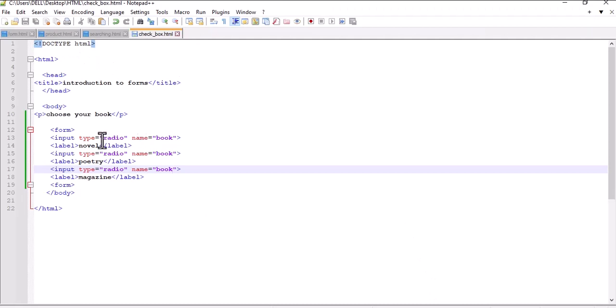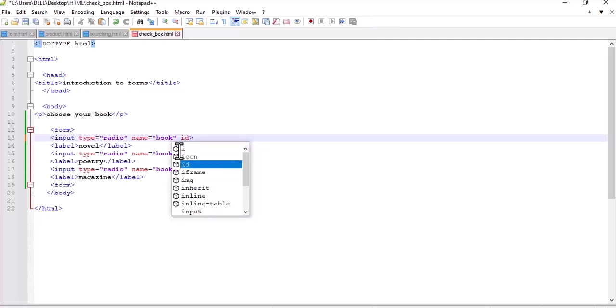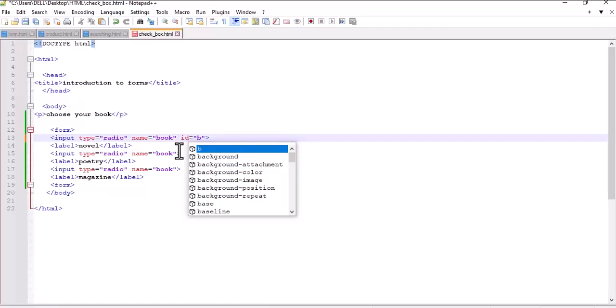So how do we relate them? We can relate them using ID. So we will take ID is equal to, for example,